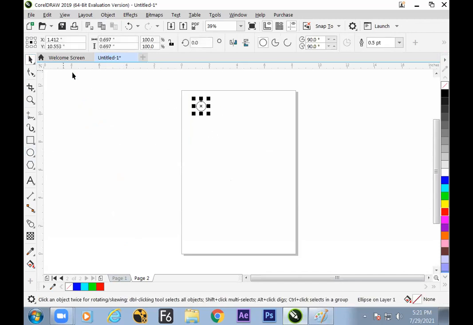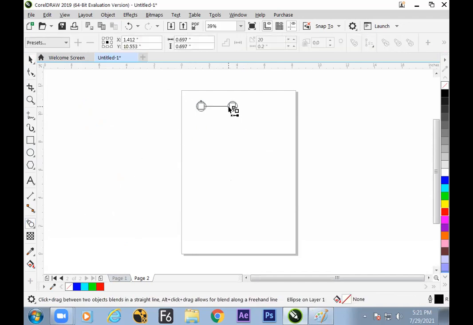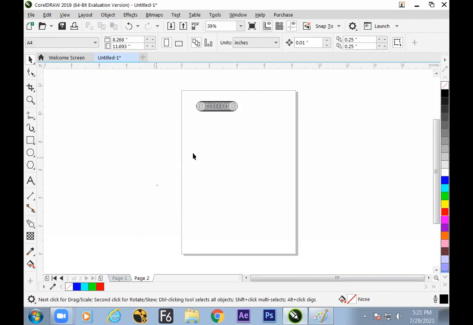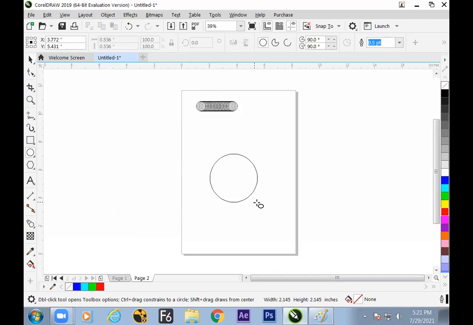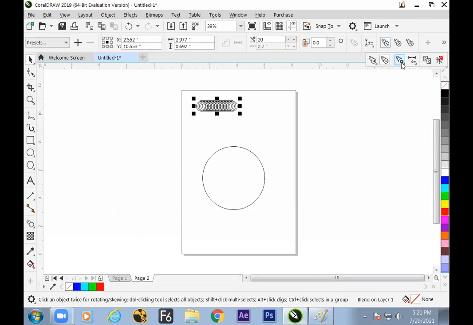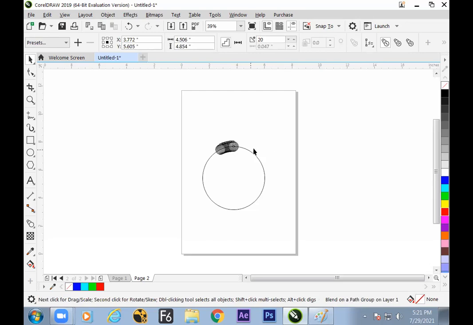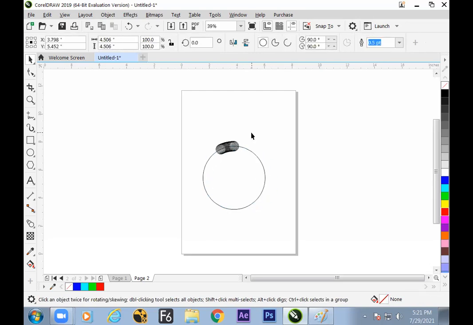Let us make two objects to blend over, plus and plus. Let us blend them. Drag and drop, finish. Now let us arrange them in a circle. There is a circle over here, and we get this blend to move over to a path. Where is the option? Here is the option: New Path. Just one button click, and now the blend is on the path. Select the first object and drag it up.